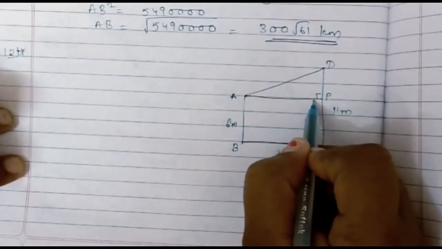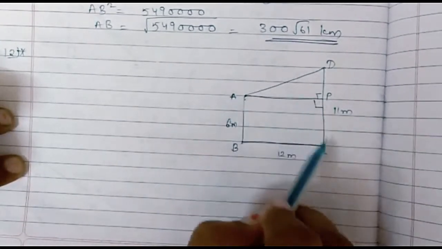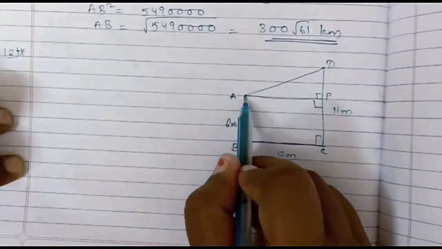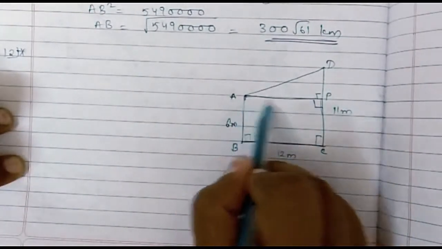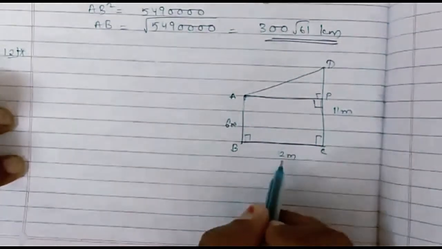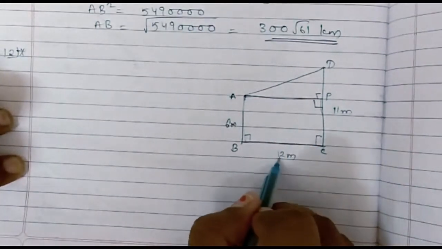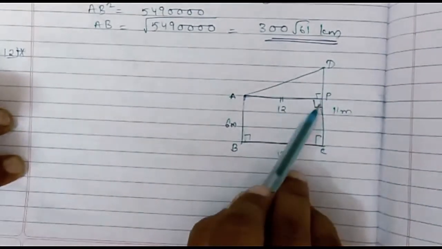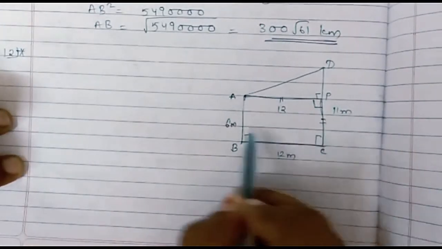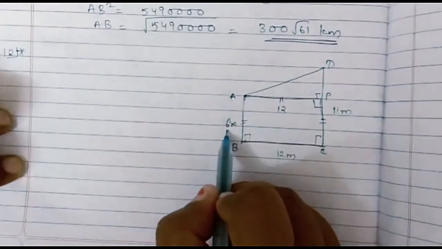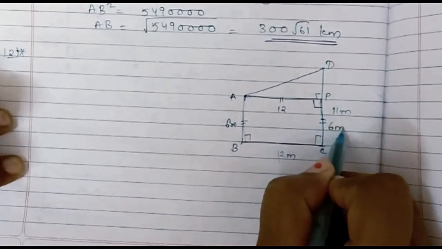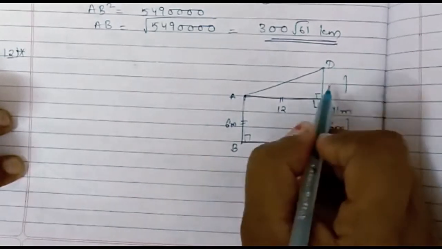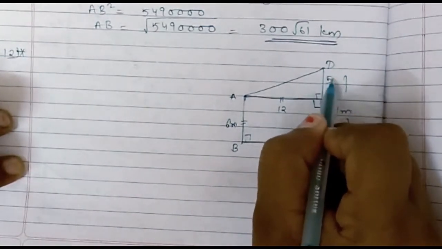Now it is quite obvious if AP is perpendicular, so this angle APC is right angle, angle B and angle C are also right angle. So that is why this APCB, this quadrilateral will be a rectangle. We know the property of rectangle, opposite sides are equal. So if BC is 12, so AP also will be 12, right? Now let us see PC. PC will be equal to its opposite side AB. AB is 6 meters, so PC also will be 6, and this total was 11, right? Out of 11, if this PC is 6, so DP is left with 11 minus 6, which is 5 meter.